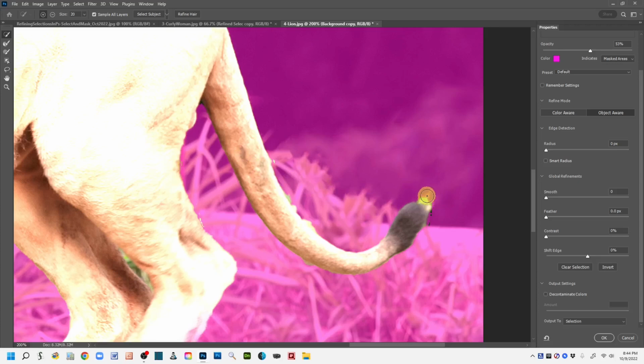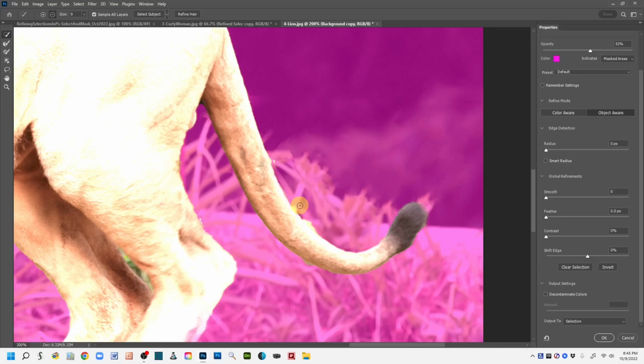And I want to take away from this, so I'm going to press my Alt. It would be Option on a Mac, and I'm going to just gently start pushing here because I'm trying to take away from where the selection sprawled out into the background. Make my brush a little bit smaller. Again, switch to the minus key because I'm taking away from where it sprawled. Okay, so now we're back to where we want to be on the tail. I hesitate to do this, but I'm hitting minus and I'm going to try to get away a little bit, there we go, of the